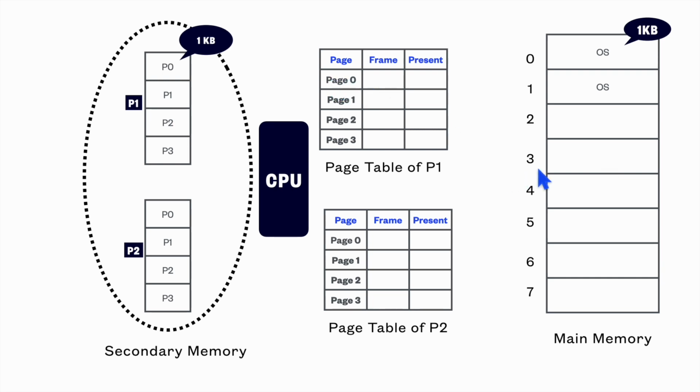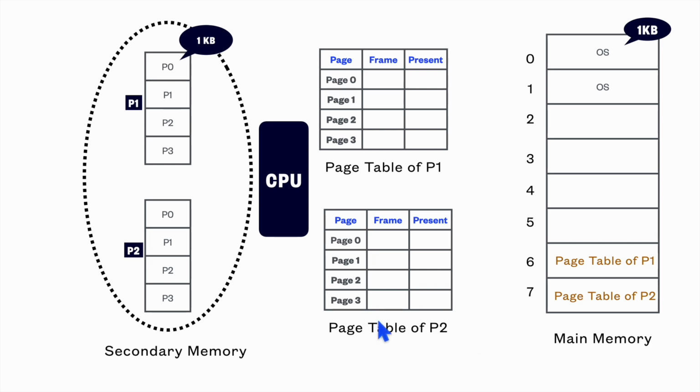If this page is present in the main memory, then the present bit will be 1, otherwise the present bit will be 0. And these two page tables also need to be stored in main memory. So let's say this is stored in frame 6 and the page table of process 2 is stored at frame 7. So now you are left with only 4 frames. Actually, one more frame is required to store the outer page table, but I am not considering that here for simplicity. So now you are left with 4 frames, where how many pages do you have to store? You have to store 4 pages of process P1 and 4 pages of process P2.